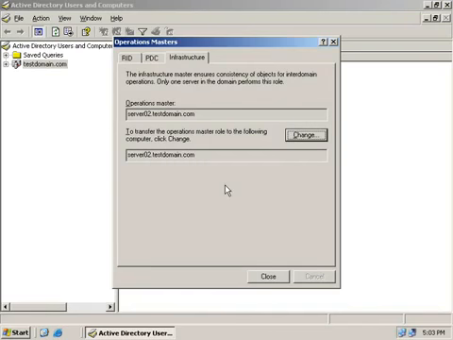So there you go. There you have the 5 different operations master roles available in Windows 2003. It's important to understand the importance that each role plays in your environment, as each can affect the successful operation of your network in their own way if they're not available. Transferring a role to another server is a pretty painless